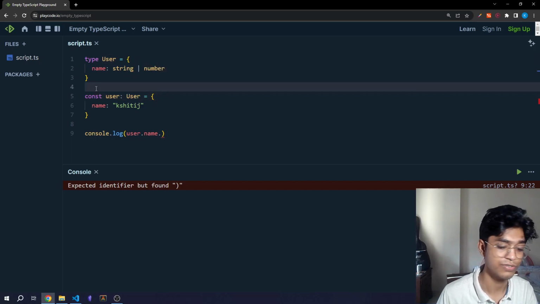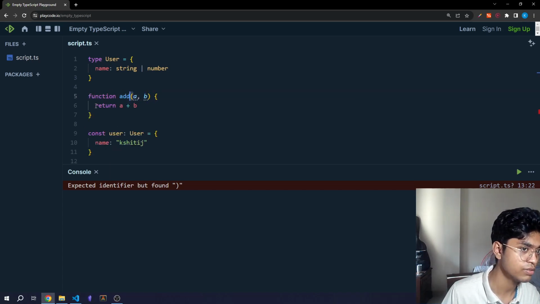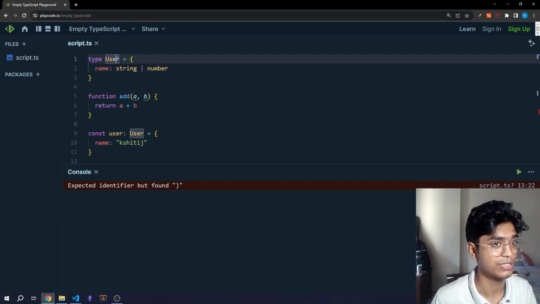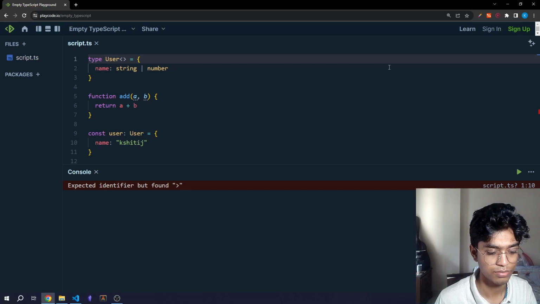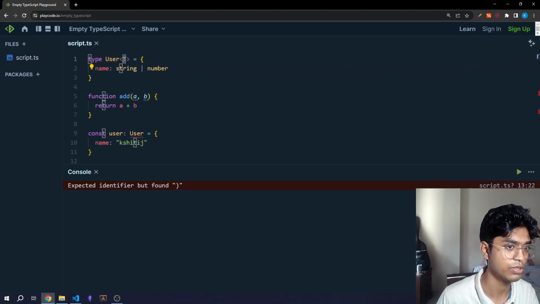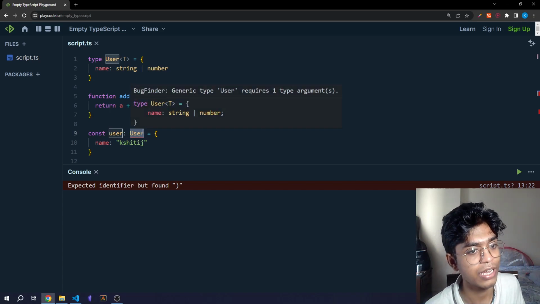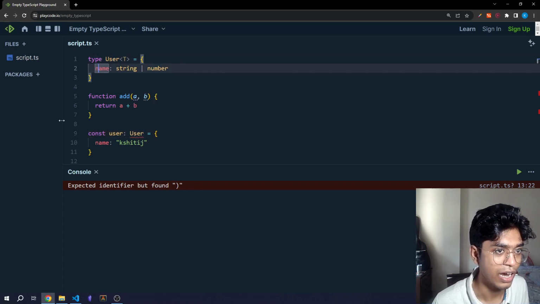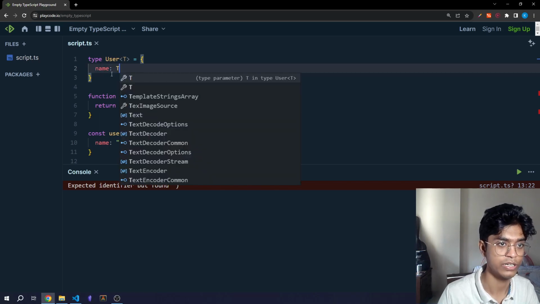As you know, in functions, we can take in inputs. This is how you take inputs, and then you do something with those inputs, right? Similarly, types can take inputs right here, but instead of brackets, we use angled brackets. Over here, you can take an input. This signifies an input that you can give this particular type. As I was saying earlier, I wish I could give it a type, it would apply to the name. I want any input that is given to the user type to be given to the name field. So I'll put T over here.